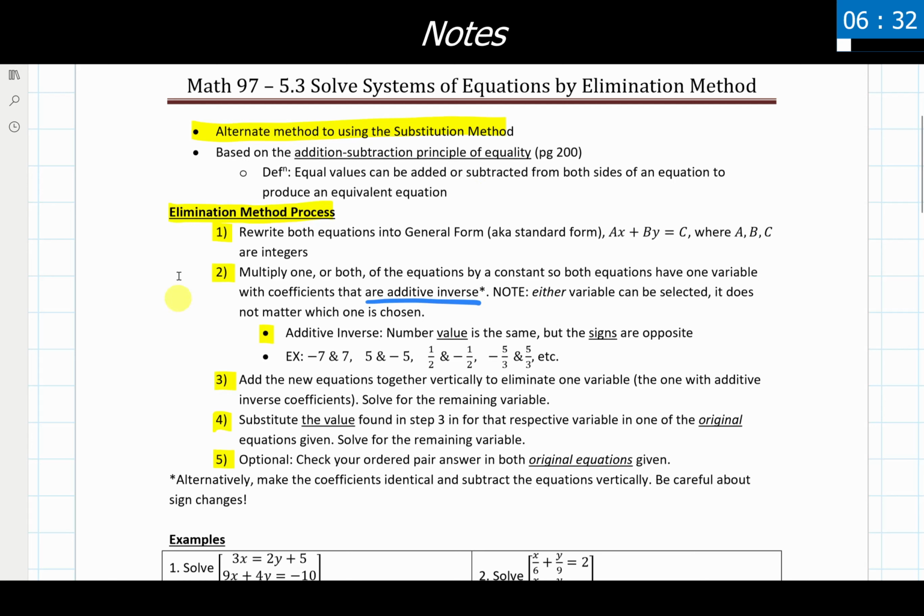Now, the process that I'm giving here, I want to give a couple warnings and a heads up regarding this. This is not the only method and not the only process that you can see and be presented with to actually use the elimination method. There's actually about 4 or 5 different variations to the elimination method that you can use, and a lot of them work, but I do find other methods have a lot of potential snags that can show up in them that I think are largely eliminated with using this particular method here.